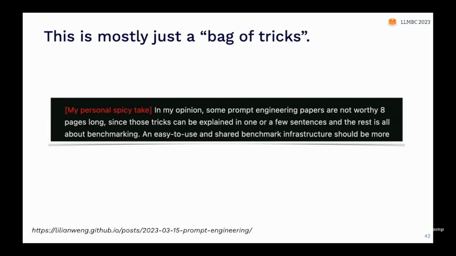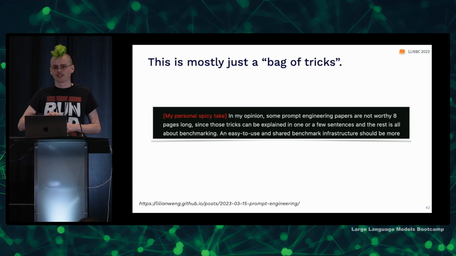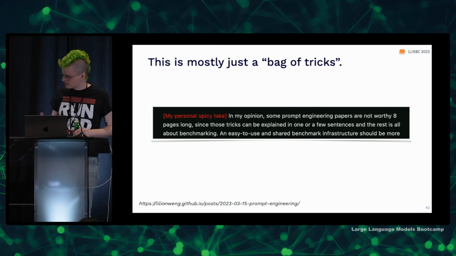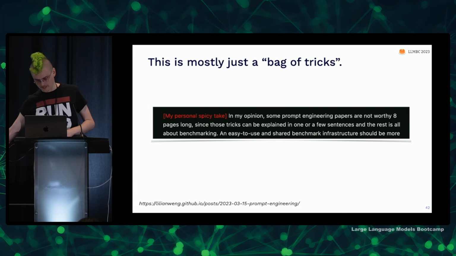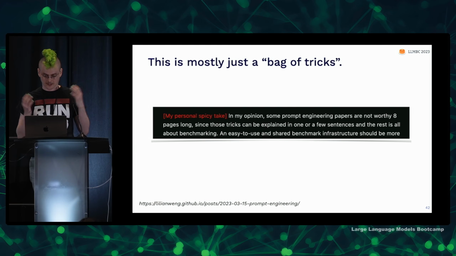So really in the end, these prompt engineering tricks are go-to things to try, but there's not that much depth here. I think the core language modeling stuff has some mathematical depth to it. But in terms of the fiddly bits that get language models to work for you, it's a lot of hacks.